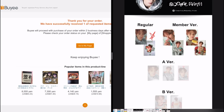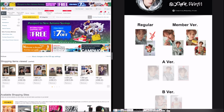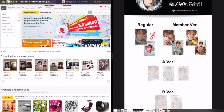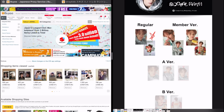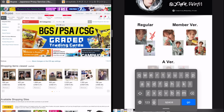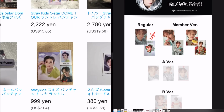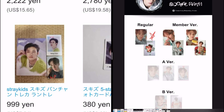So now we're going to go back here and we're going to try and find the Chan equivalents of the other things that we bought for Lino. Like this listing. This one, it won't let me zoom in for whatever reason, but that listing. Chan's name, and then I'm just going to do Dome Tour after. All right, so actually, this is literally the exact same thing that we just bought for Lino,